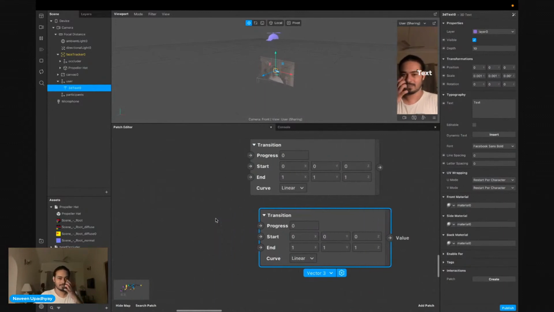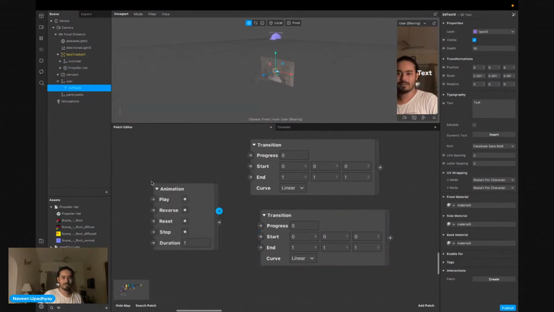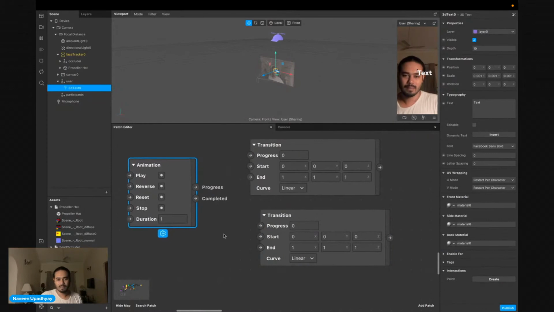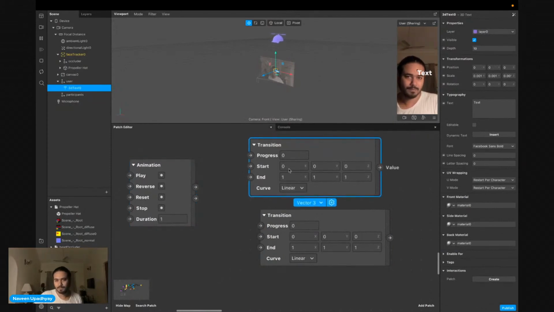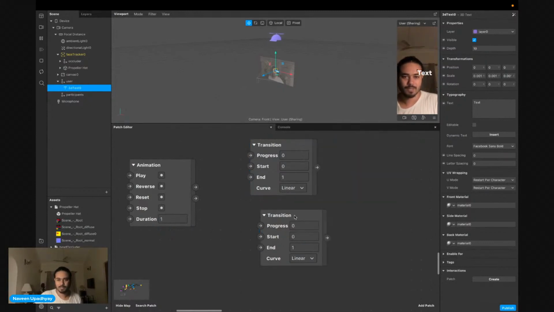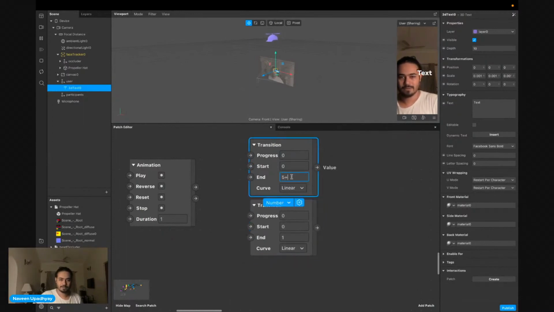Let's say there's an animation running, and I want this animation to go from 0 to 1 first. Let's say I have a number here, and a number here, just to be short. This number should first go from 0 to 5, and then after that's finished, this should go from 5 to, let's say, 15.